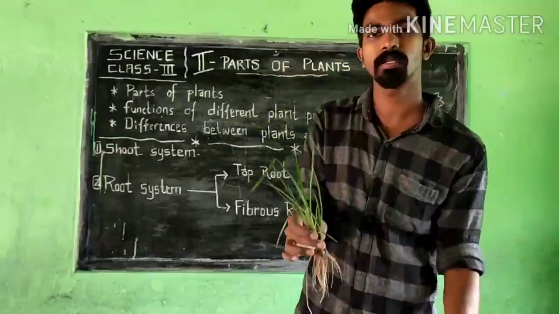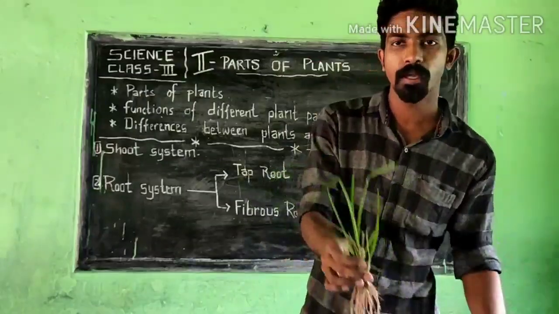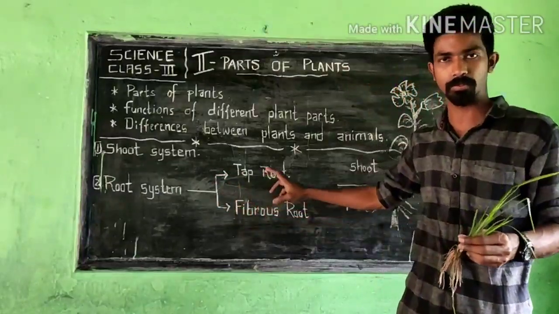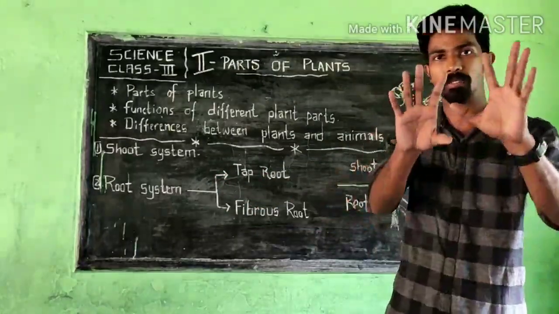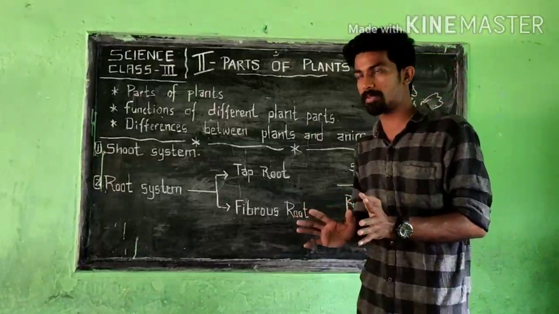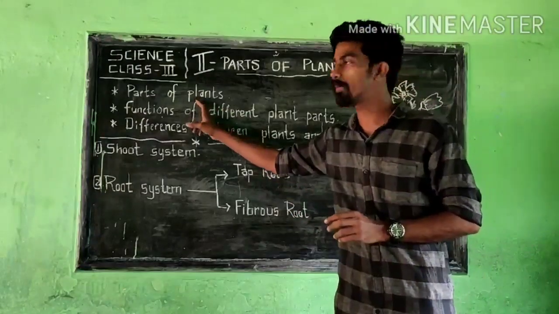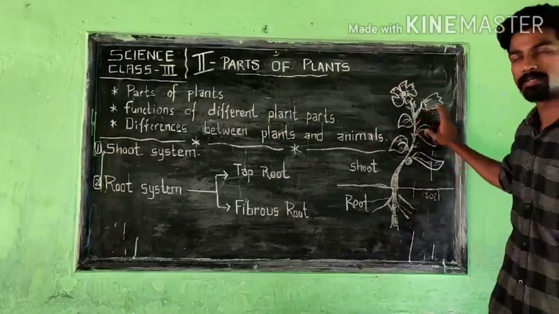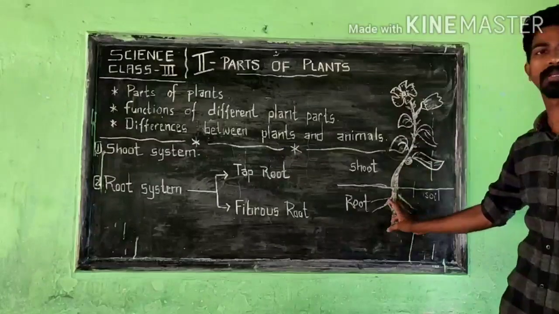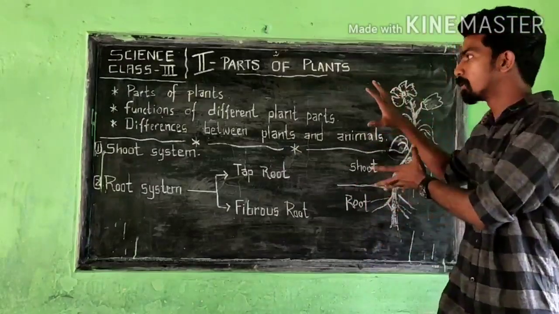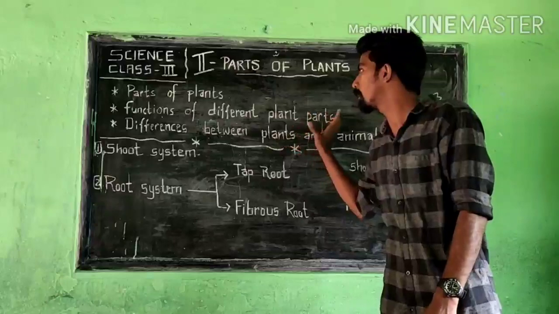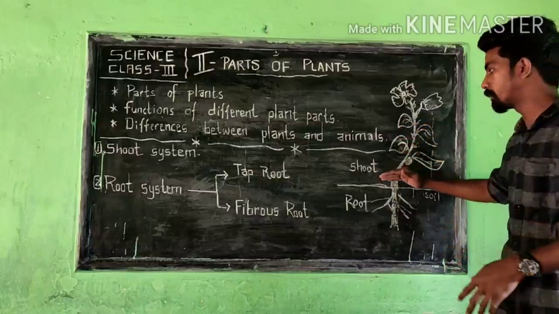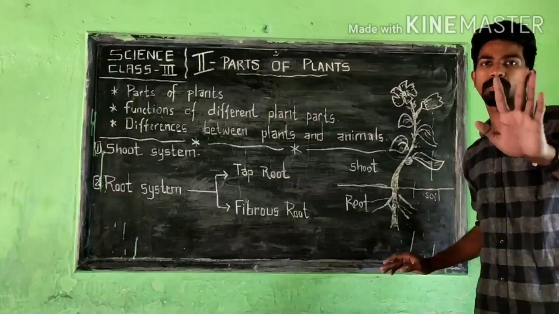So these are the things you studied today. I think you understood this root system, taproot and fibrous root. I'll explain briefly, in the last part now, what we studied. We studied the parts of plants. Plants have, from the top, flowers, seeds, leaves, stem, then root. These are the main parts of plants. Moving to the second one, functions of different parts of plants. Root and shoot, I explained that also. Above the soil is the shoot system, below the soil is the root system.